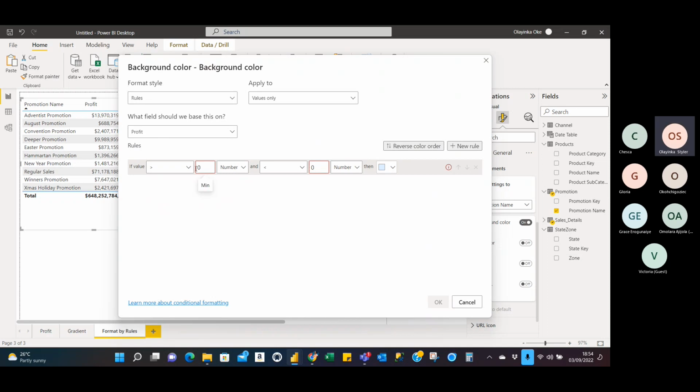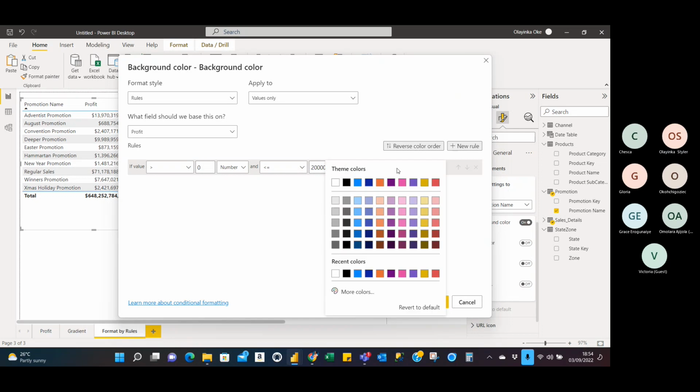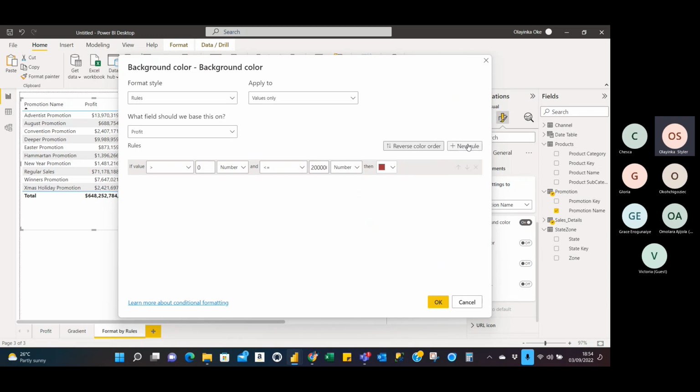If the value is greater than 0 and is less than or equal to, let me say, 2 billion. I'm using it based on what we have here. So I'll say 2 billion: 1, 2, 3, 4, 5, 6, 7, 8, 9. Then let the background color of promotion name be, as usual, red and green. Red. And then the second rule is if the value is greater than 2 billion, 1, 2, 3, 4, 5,